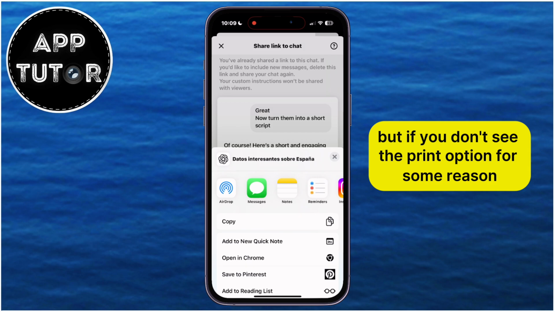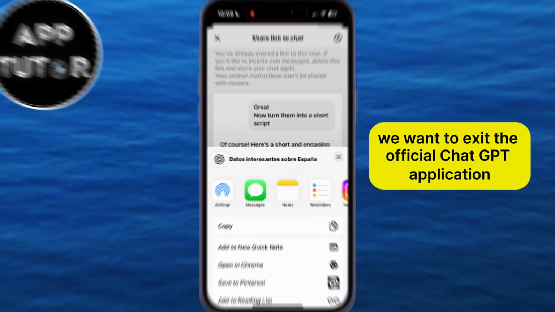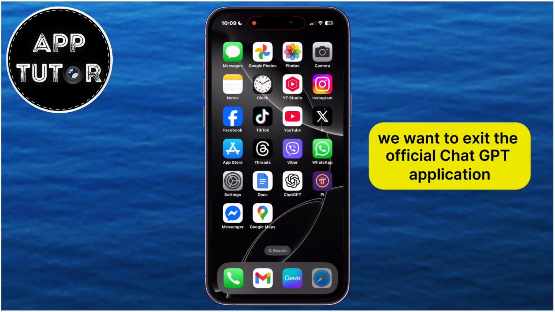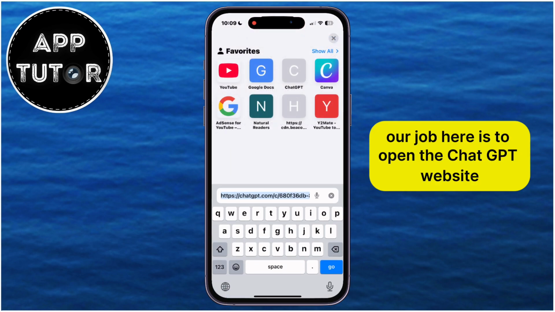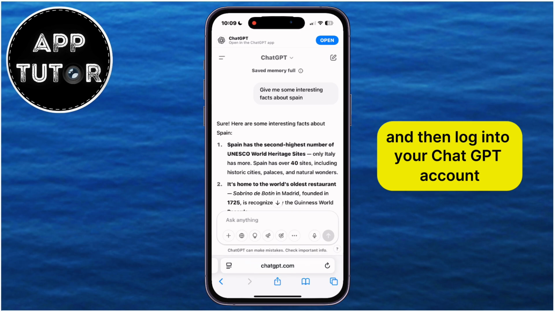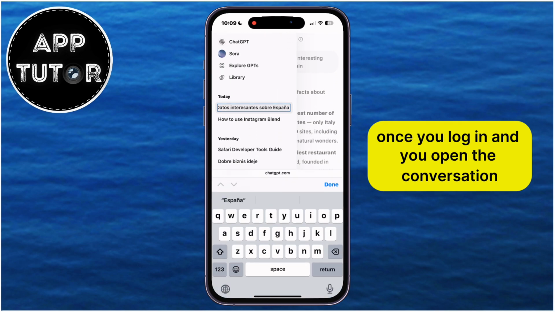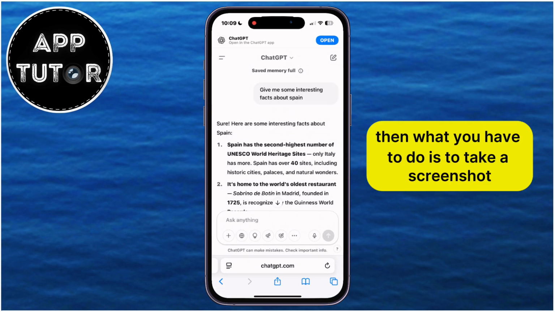But if you don't see the Print option for some reason, we want to exit the official ChatGPT application and then go over to the web browser. Our job here is to open the ChatGPT website and then log into your ChatGPT account. Once you log in and you open the conversation which you need, then what you have to do is to